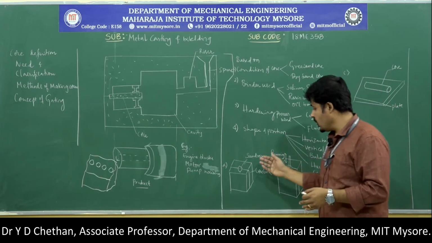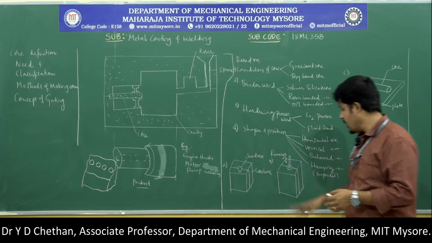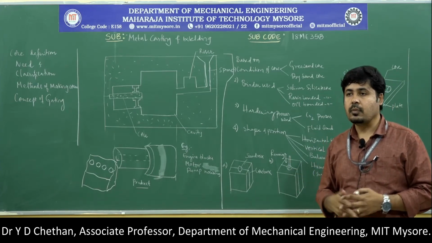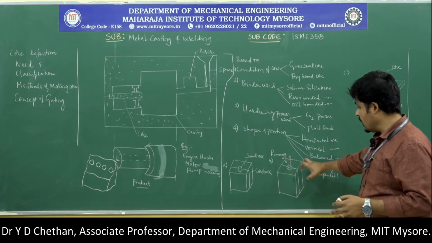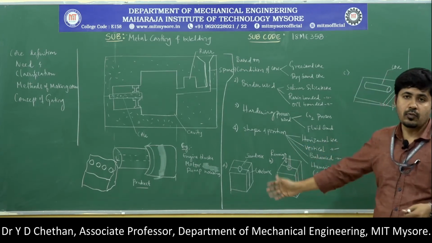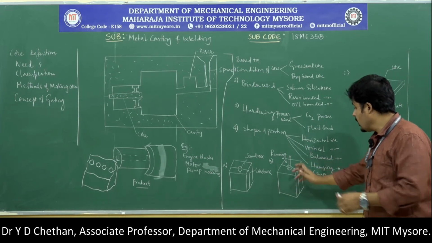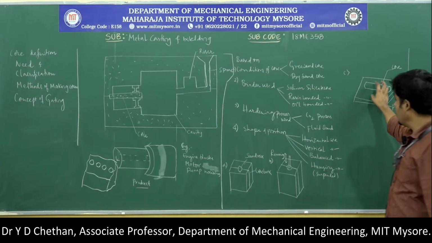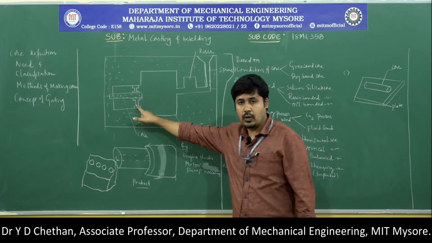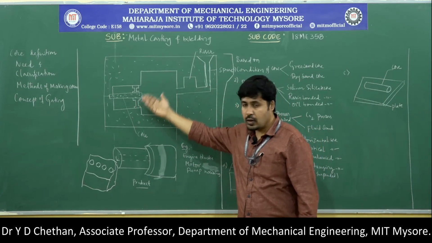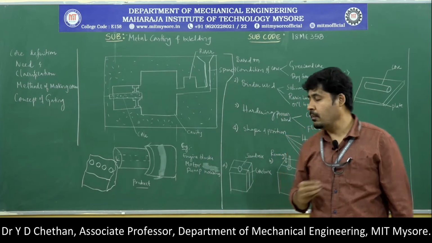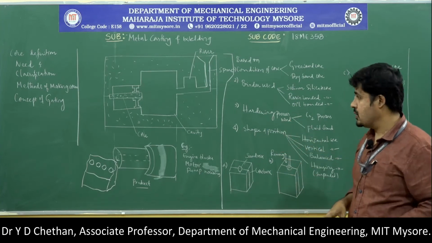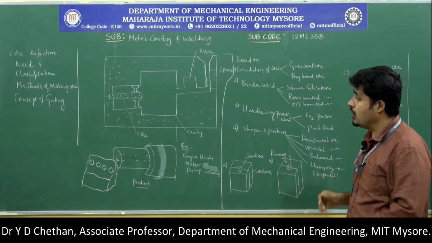So you mix it properly and put it into this particular box. Then you ram it. Then you supply an appropriate amount of heat by using an oven and cure it to overcome the moisture associated with the process. Then you remove the core box, and that results in the core. The same core is incorporated into the mold cavity and surrounded with hot molten metal. That leads to the formation of a hollow cavity in the existing cast. That is the concept of methods of making cores.